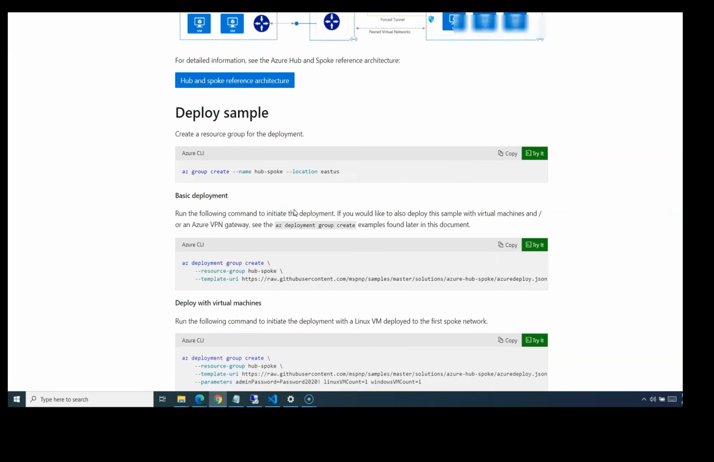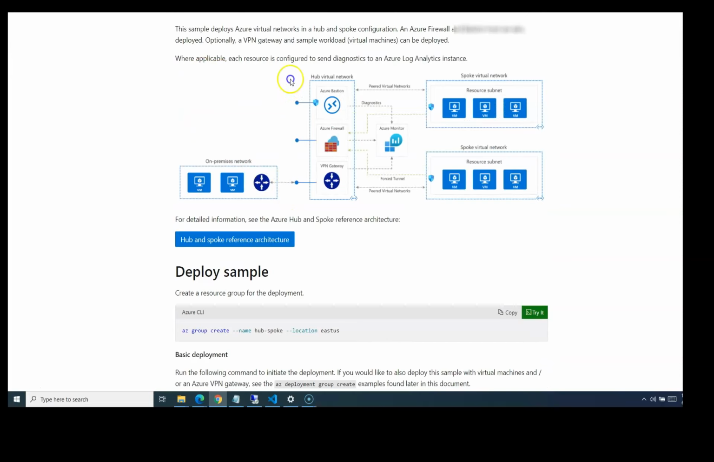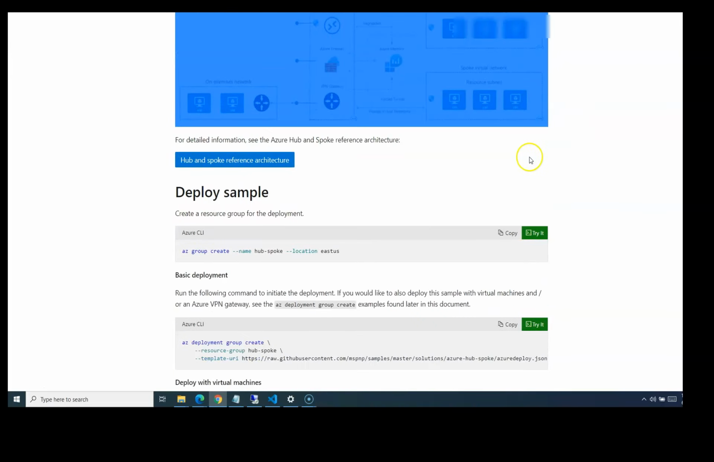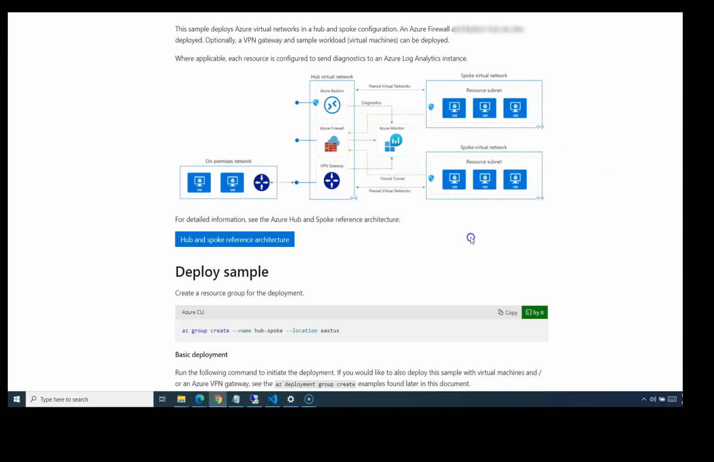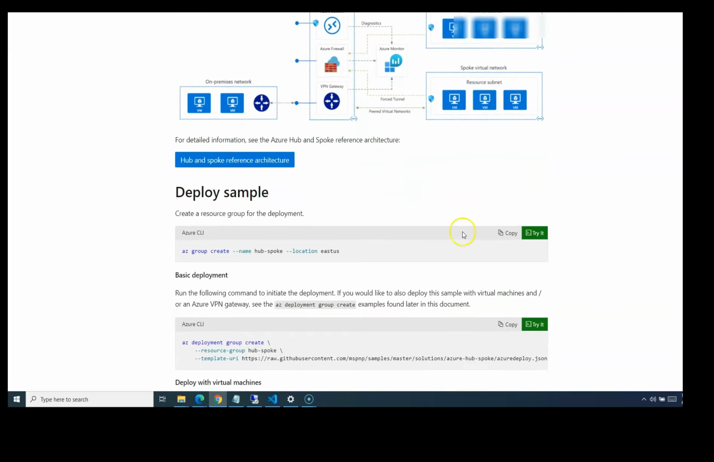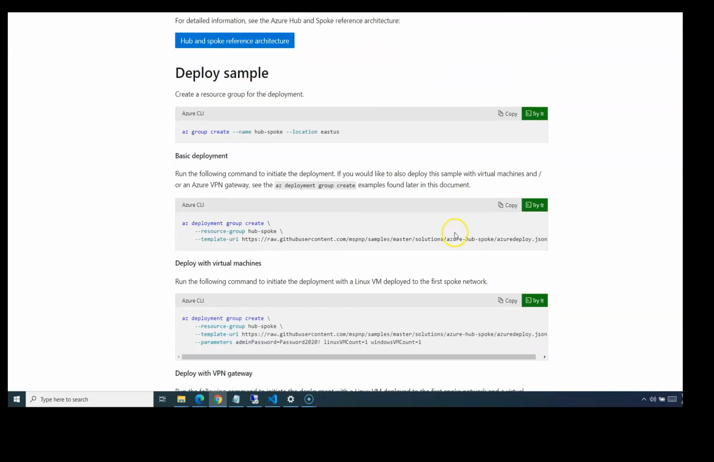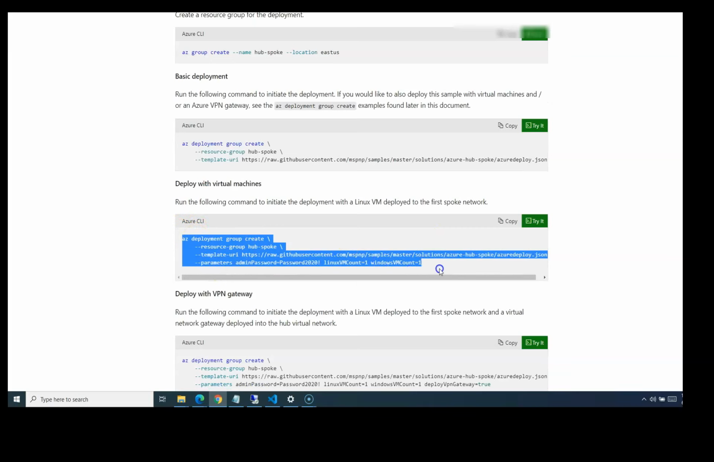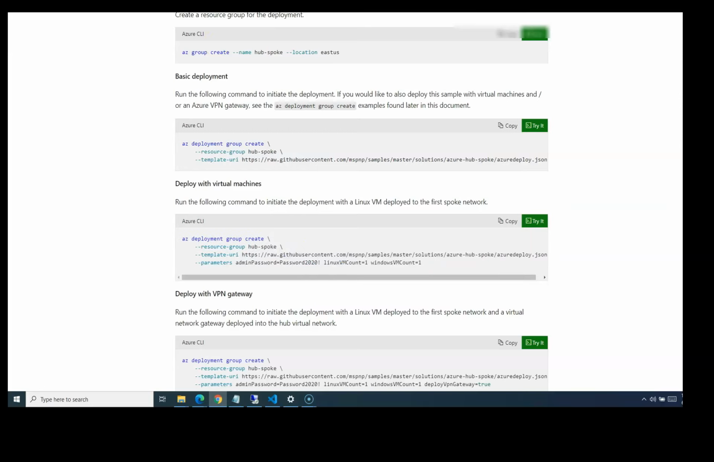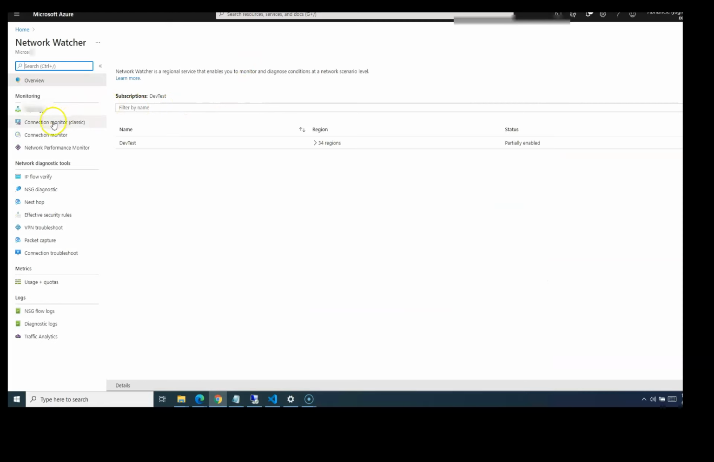And today I'm going to use this architecture diagram to explain the deployment. To save some time, I went ahead and deployed this, ran this command on my Azure environment, where it has created my complete topology,